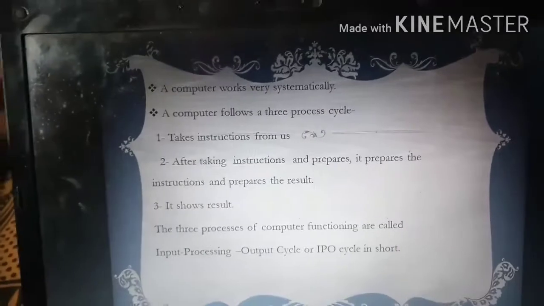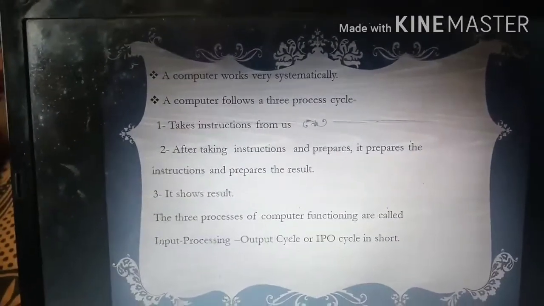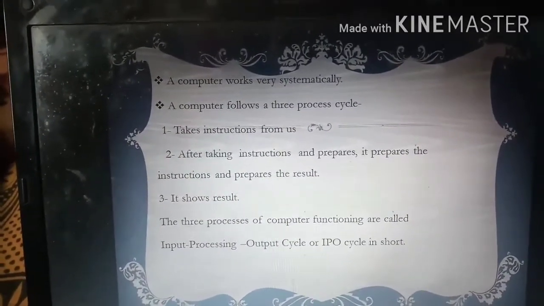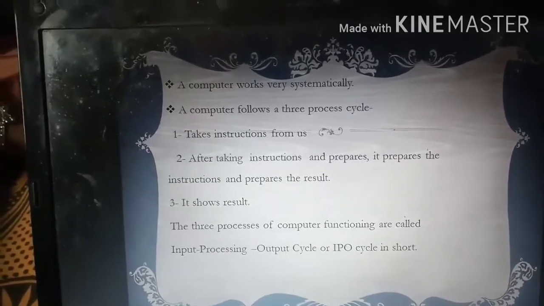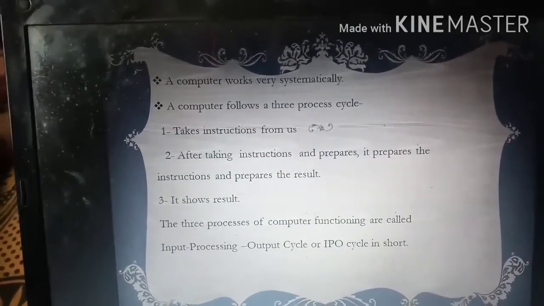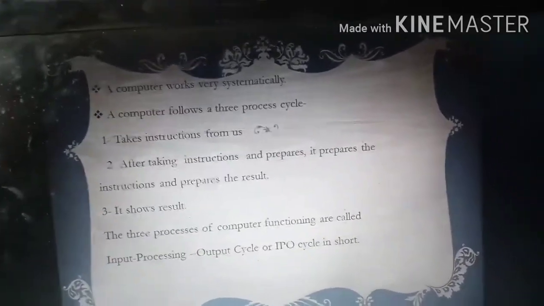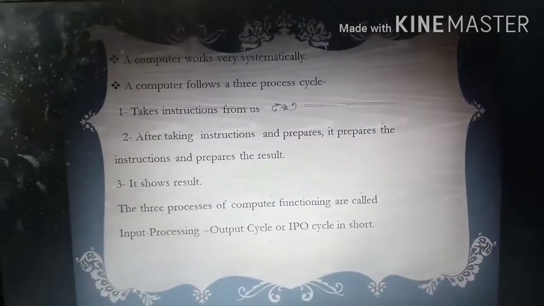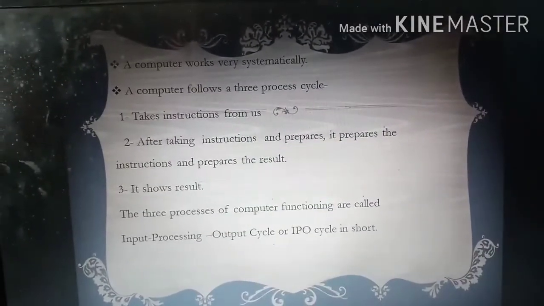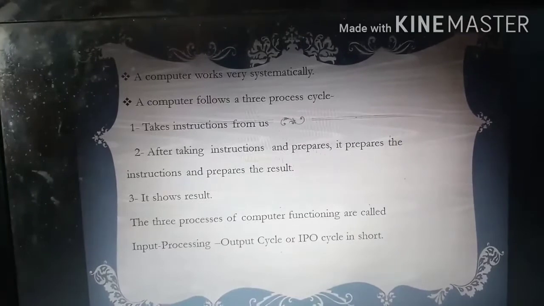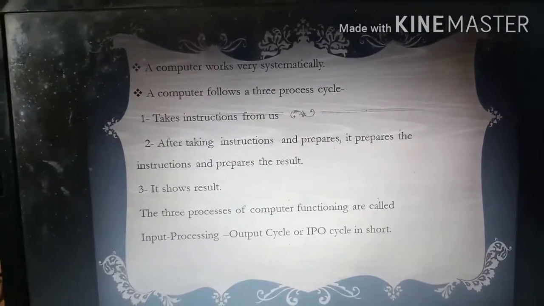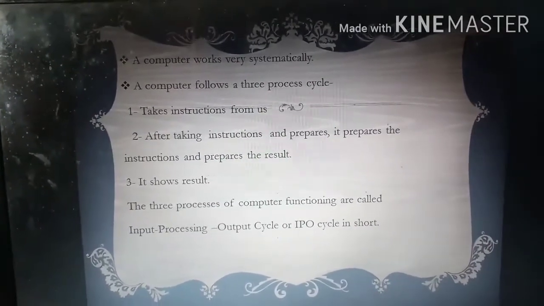So computer works very systematically. Systematically means first of all we start the computer. We do not directly work on the computer. First we start the computer, then we wait for some time. When the operating system is fully loaded, then we have to work.